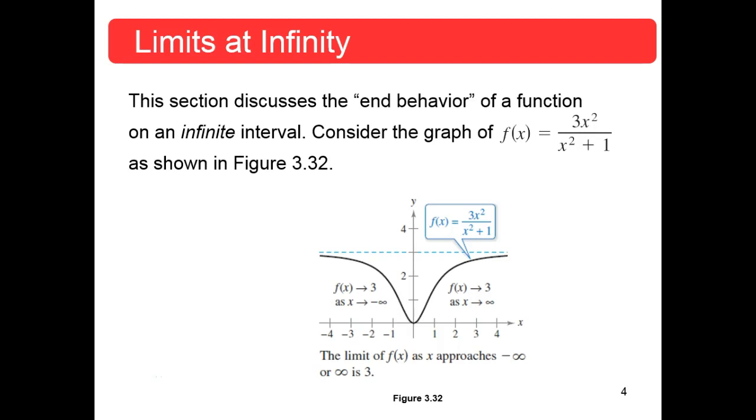Okay? And the only reason I even paused to do this is the stuff you should have done in pre-calculus algebra, and this is just reinforcing. If you've got a function 3x squared over x squared plus 1, and the end behavior, which means what's happening to this function as x gets very, very large positively or very, very large negatively. Well, obviously, if x gets very, very large, yeah, this is going to dominate because that's where your x is. Down here, this is still going to dominate